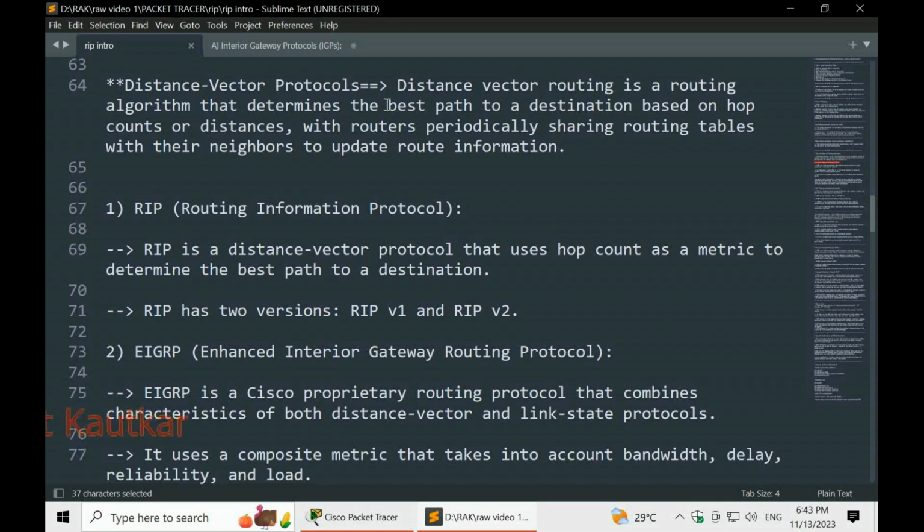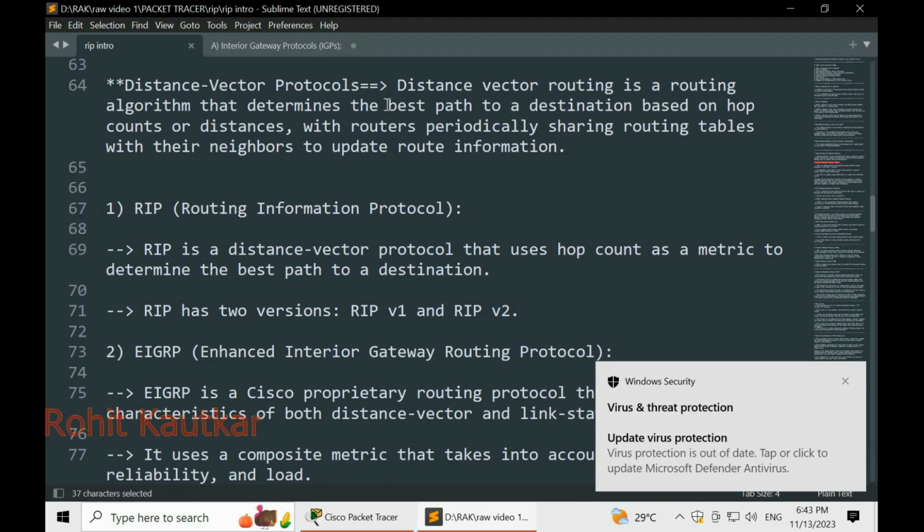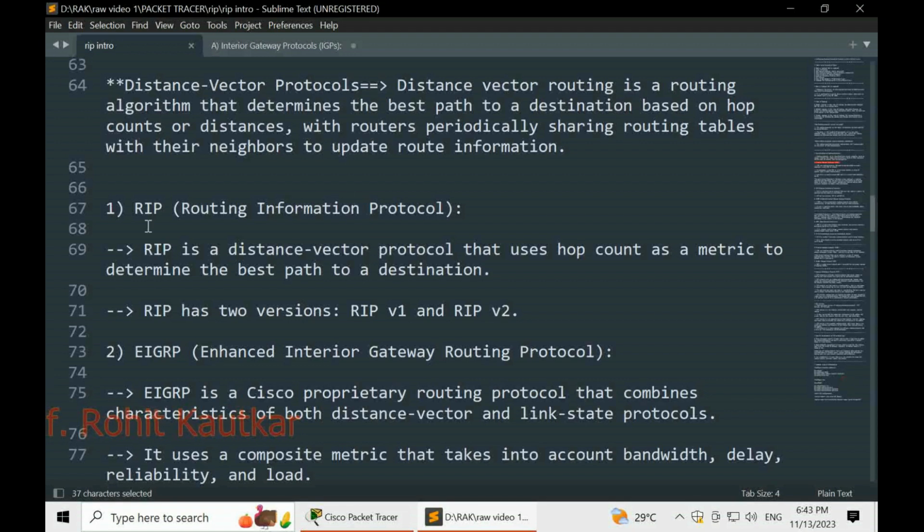So friends, there are 2 protocols in this approach. The first protocol is called RIP and the second protocol is EIGRP. Here we are giving only a very short overview because this video is dedicated to understanding RIP.